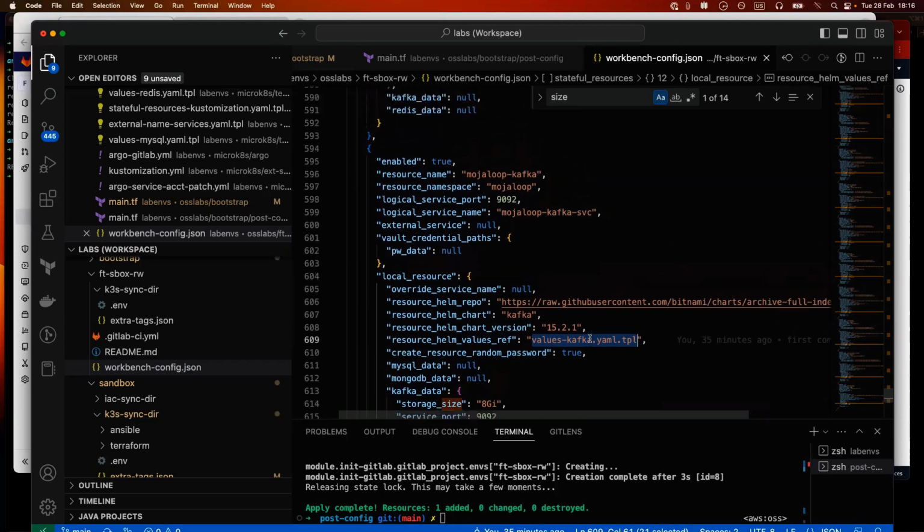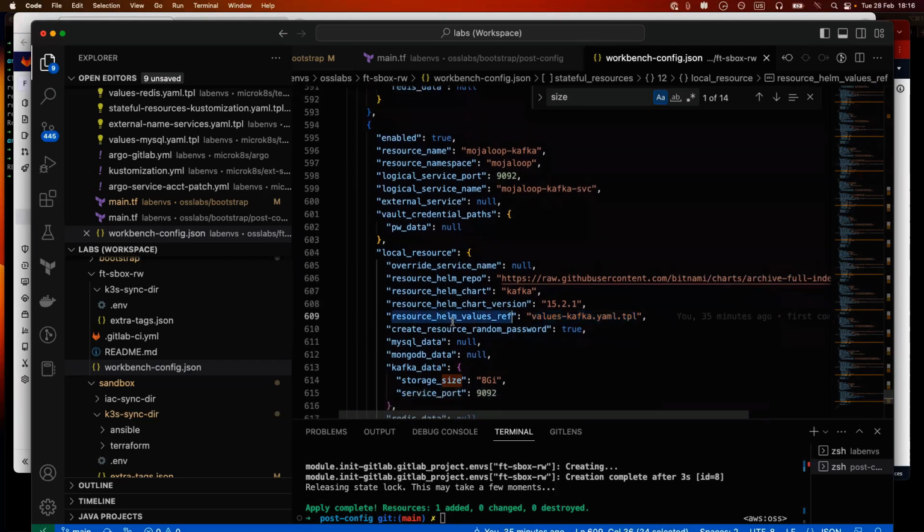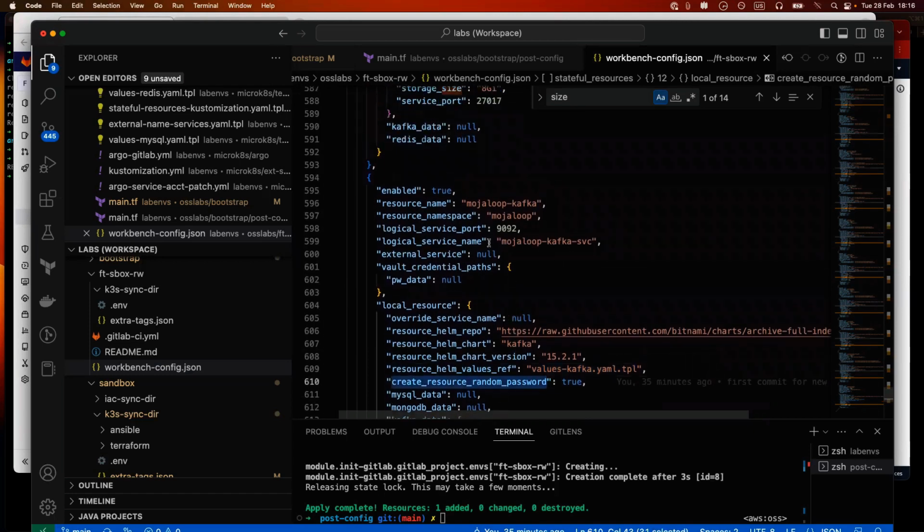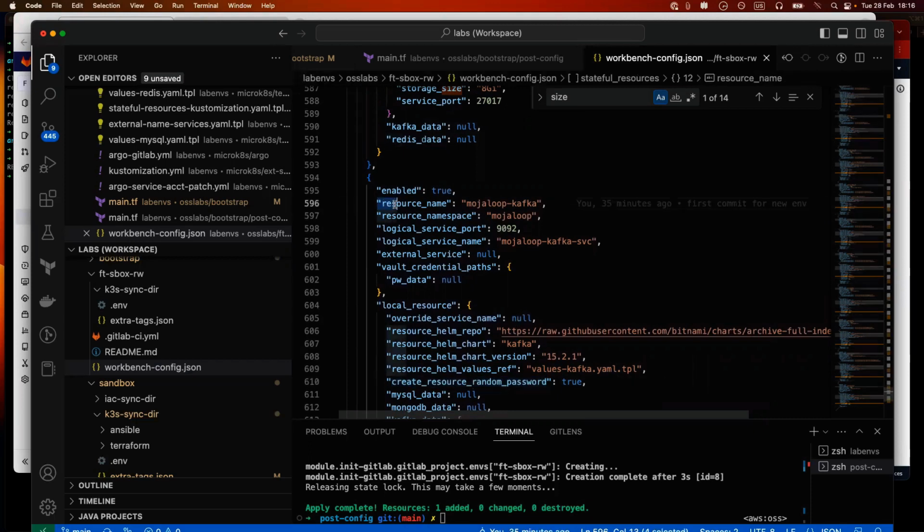And whether we want a random password created, etc. And then an external service is created for this local resource that allows the Mojaloop code base to access it in, let's call it,